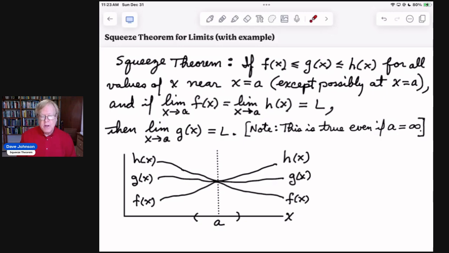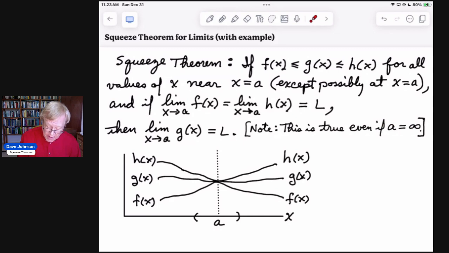So I've taken the liberty of just writing this stuff down ahead of time so I don't have to spend so much time writing. But let's break this down. So the statement of the squeeze theorem: suppose that there are three functions, f of x, g of x, and h of x, and they don't have to be continuous, but as long as f of x is less than or equal to g of x, and that those are less than or equal to h of x, for all values of x near some point x equals a, and by the way, a can be infinity,